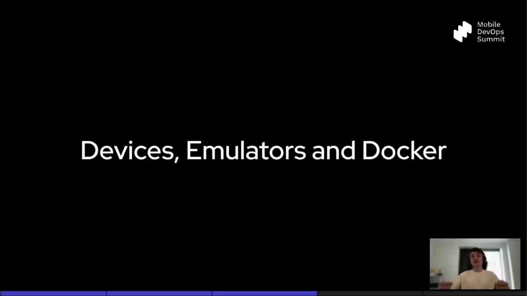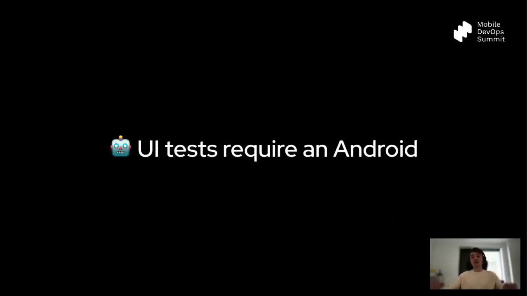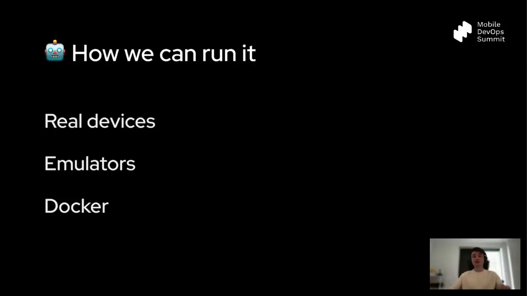Now, device is a very interesting topic because it's quite extensive, and this is a separate section as well. So devices, emulators, and Docker are the most common options that we currently have for running UI. And the UI tests require an Android system, which can be found in real devices, emulators, or Docker. Now, when it comes to using real devices on a CI, you need to understand that it's at scale,